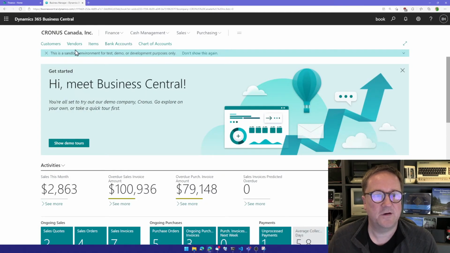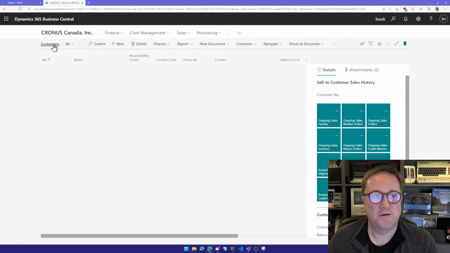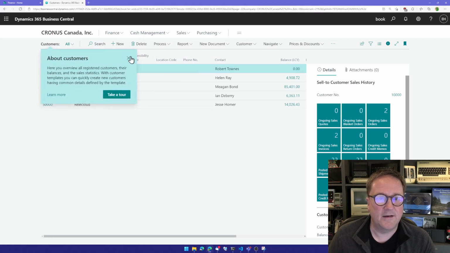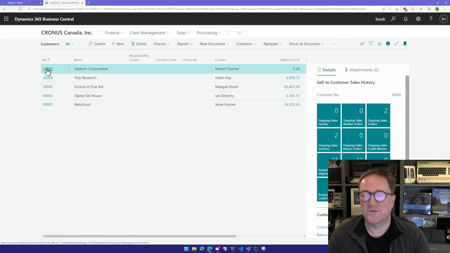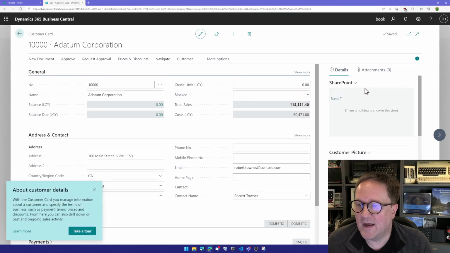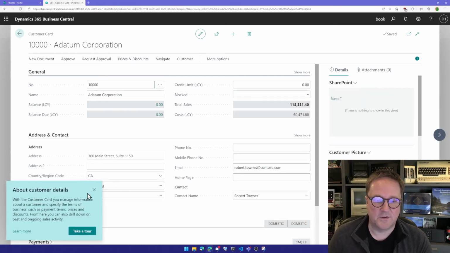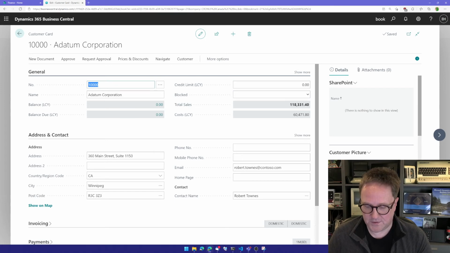So I close this one. I go on to a customer, and I don't need the tour. I open the customer card, and we can see that now we have a SharePoint box on the customer card. So let's actually open